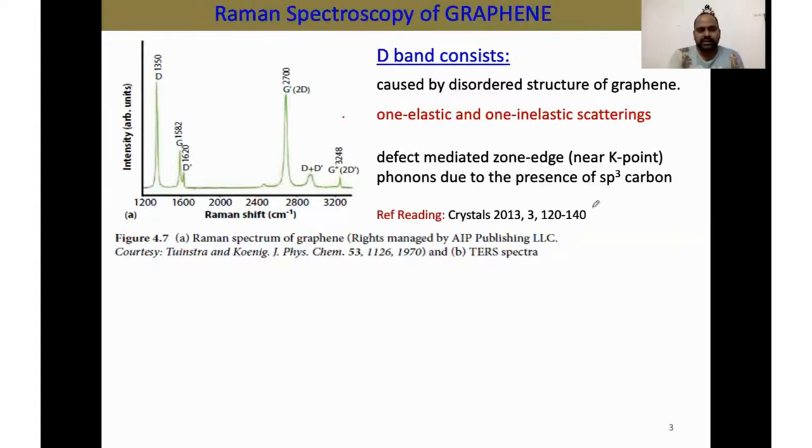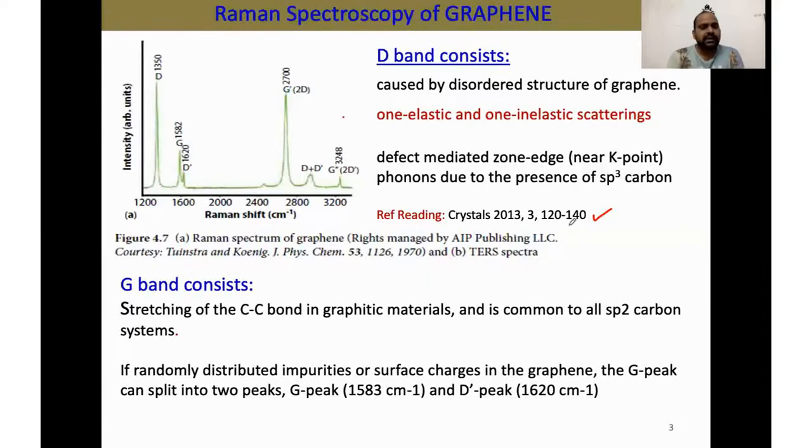And I would suggest, if we are interested, you should read this reference to get some more detail about this kind of band and what is the region of D band and 2D band. Similarly, the G band is basically talk about carbon-carbon bonding, and in almost all the case of sp2 hybrid carbon system, this G band appears,